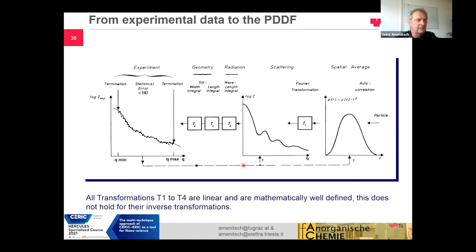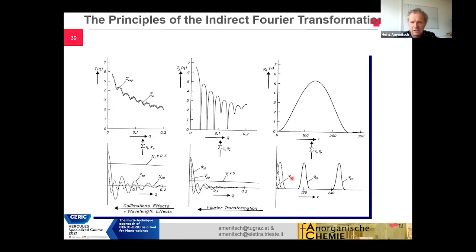But how do you go back from reciprocal space to real space? This is shown here, and you follow exactly the same direction. You take functions which represent the pair distance distribution function. These are cubic B-splines in this case, but there could also be other functions. So you have a sum of these cubic B-splines, and the development coefficients of the B-splines represent the pair distribution function. So you take these functions, you make the Fourier transformation, you make the convolution, the collimation effects